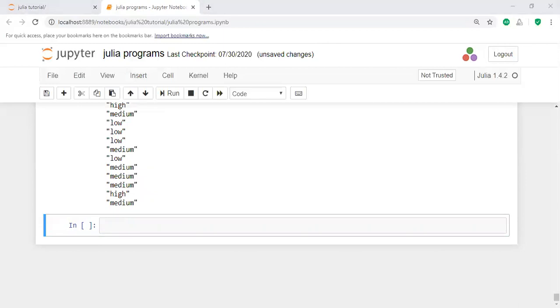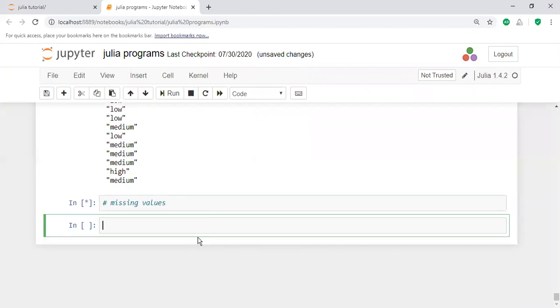After that, you go for the missing values function. What are missing values? A table may have some information missing, and even simple numbers can have missing information.